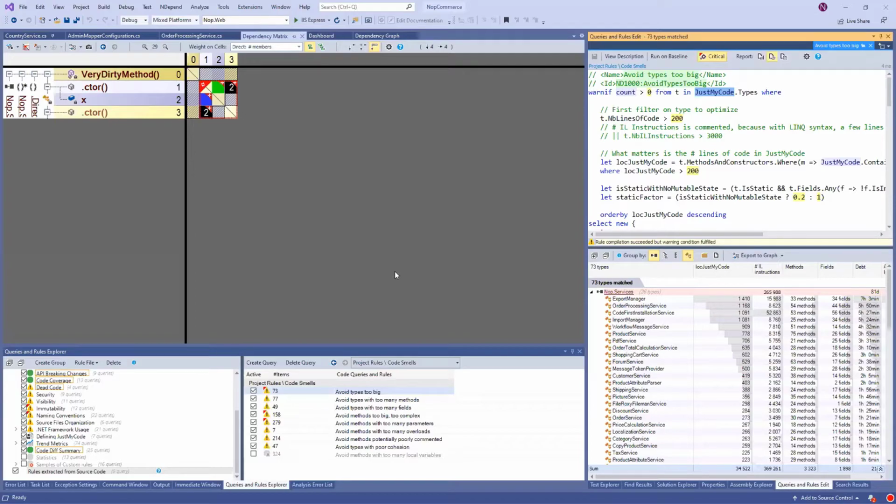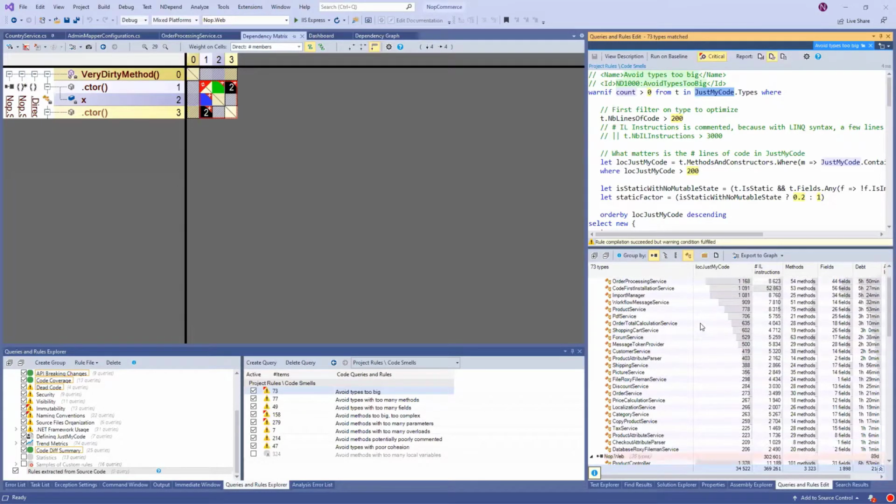Here it will avoid telling you issues, for example, on designer types or JSON or XML generated types, etc. All these that you don't have your hand on. So NDepend won't report issues on them because you can't modify them anyway. So even if they are dirty, that's the problem of the guy that wrote the designer, and that's not your problem. Or maybe that's your problem because you are using a wrong designer, but that's another story.